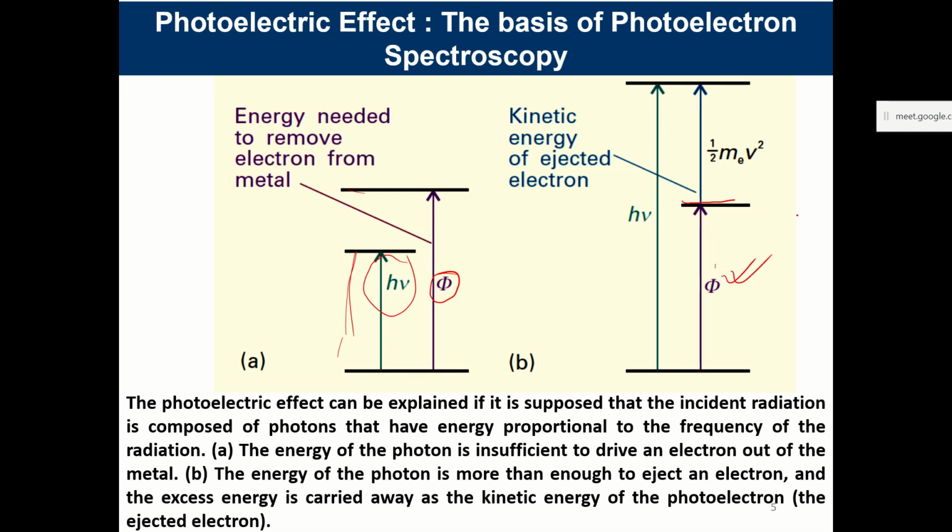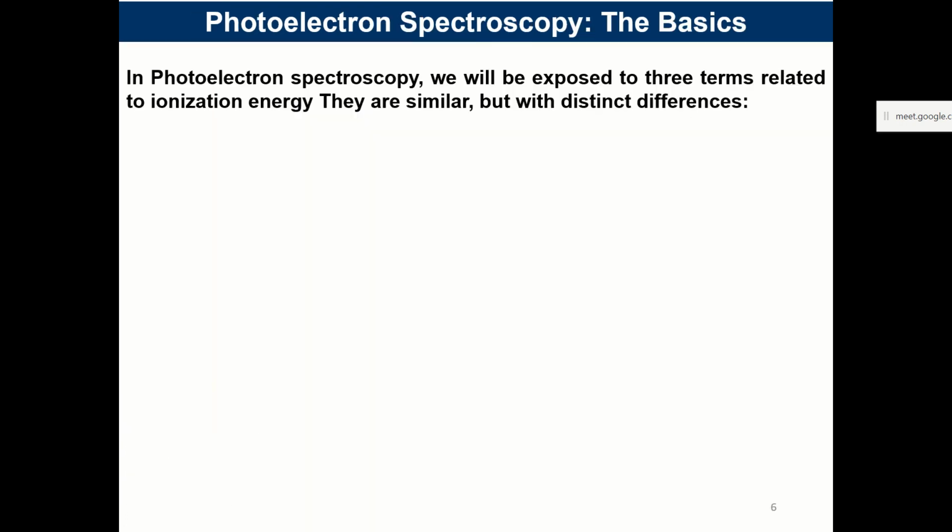So the electron is ejected and it moves. The rest of the energy is converted into kinetic energy, and it moves with that energy. So this is what happens when the photon carries more than enough energy to eject the electron: the excess energy is carried away as the kinetic energy of the electron, the photoelectron. So the electron which is ejected out from the surface is called a photoelectron, and this phenomenon can happen with any